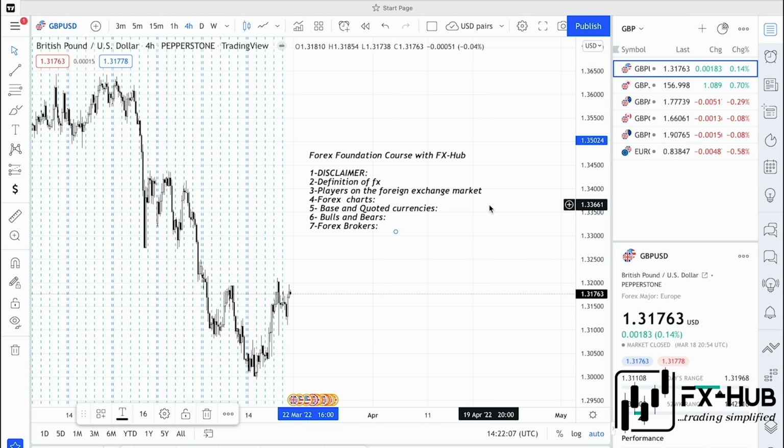So let me start with the definition of FX. Well, basically, I got this definition from Wikipedia. Wikipedia defines it as: the foreign exchange market, FX, or currency market, is a global, decentralized, or over-the-counter market for the trading of currencies. This market determines foreign exchange rates for every currency. It includes all aspects of buying and selling and exchanging currencies at current or determined prices. So this is from Wikipedia.